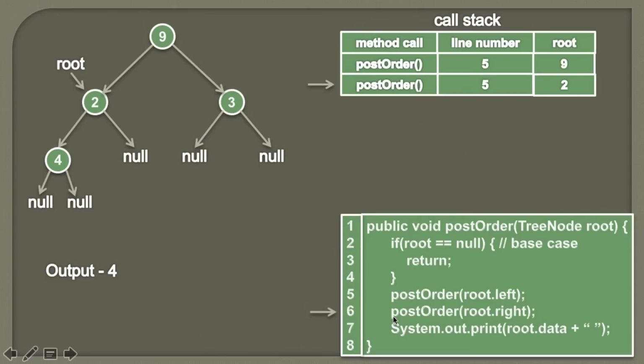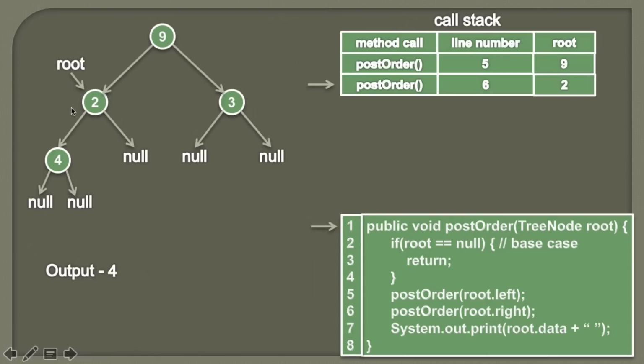So friends, in the line number 6, we are again calling the post order method. And this time we are passing root.right to it. So here you can see root is pointing to node 2. So we'll pass root.right, which is null, to this post order method. So friends, here you can see we are calling this post order method again with the root as null, because root.right is nothing but null value. And we also know that we are leaving this method, so we'll update the line number here. And we know that line number is 6. So now line number changes to 6.